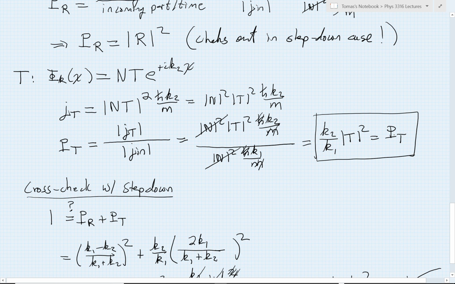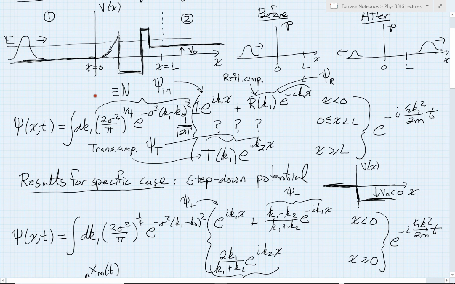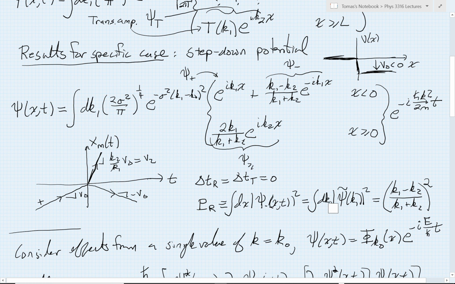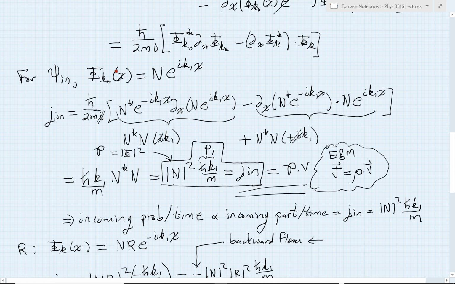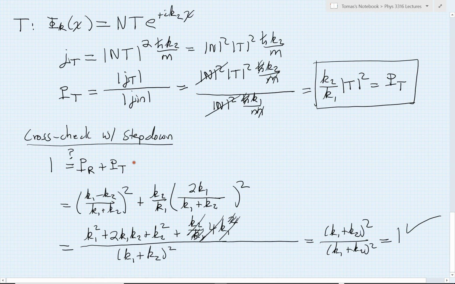And if you really want to triple-check it, and you can find this in the class notes, you can do the formal derivations and manipulations to actually integrate up the area under the transmitted packet, following very similar logic to what we had done for the reflected packet in the step-down case. And that then tells us all about the reflection and transmission probabilities.